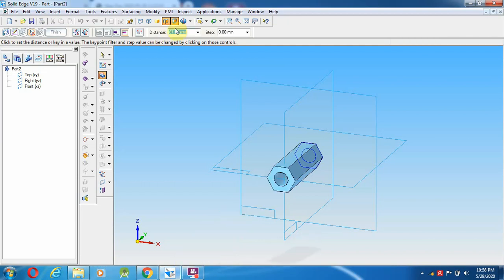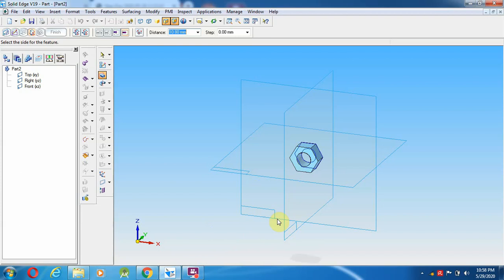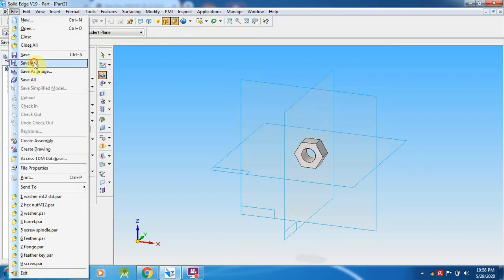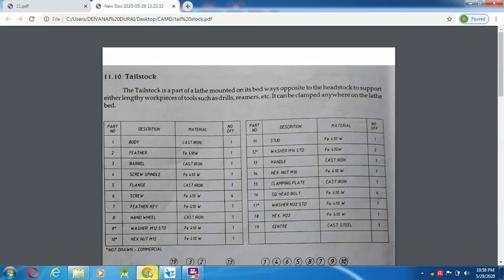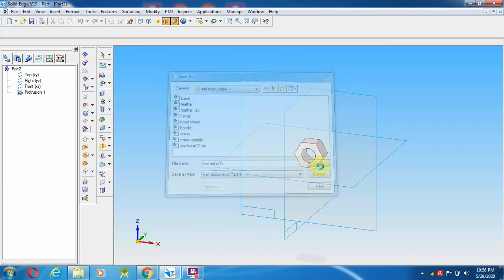So 0.9 into d, where d is 12 mm, we are getting 10.80 mm for the hexagonal nut. This we are going to save as HEX NUT M12. Like this we have to save it.